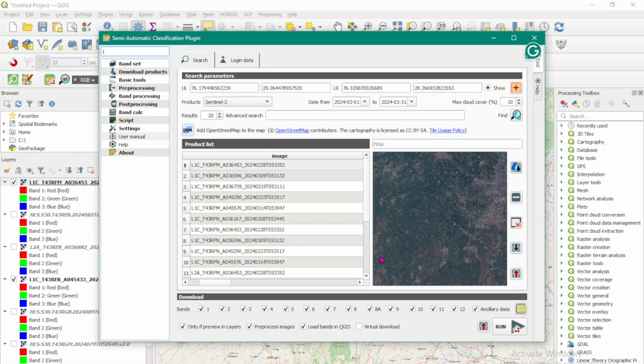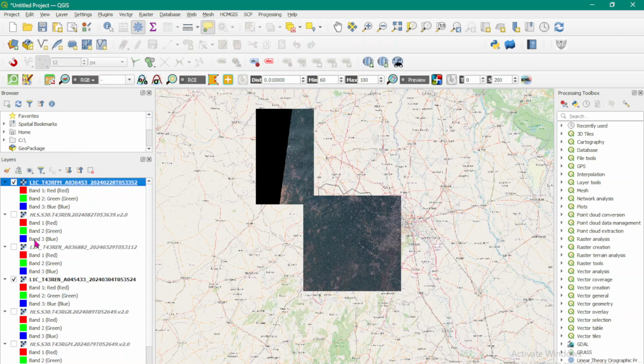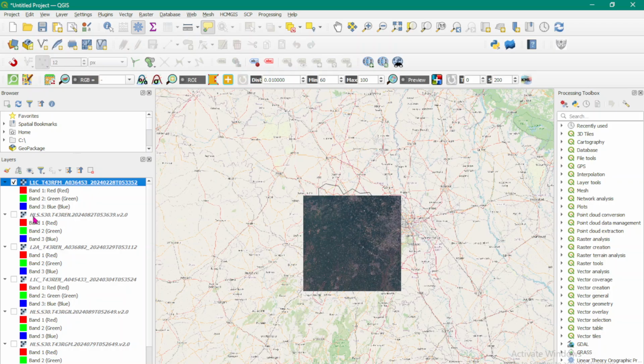I have found some data that covers my region significantly, but I might have to download yet another data set to cover my region completely. So this is data set number one, and I have also populated it here. This is the one that you see is almost covering my region.